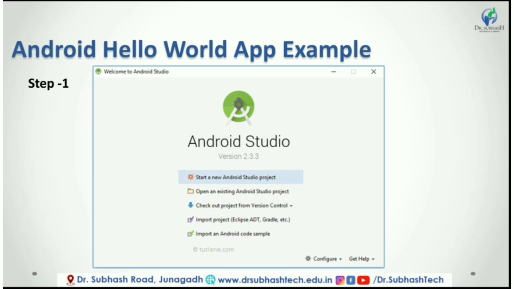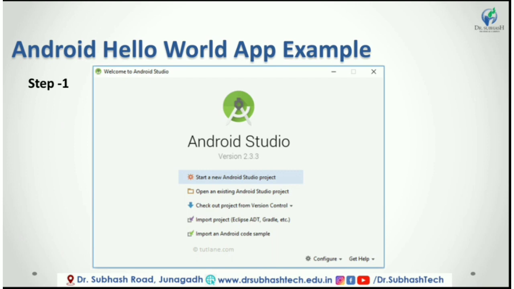By using Android Studio IDE, which means Integrated Development Environment, we can implement required Android app based on our requirement. To implement the Android Hello World app, first we need to set up development environment using Android Studio IDE, which is freely provided by Google for Android developers. Once we are done with Android Studio installation, open Android Studio and it will look like as shown below.